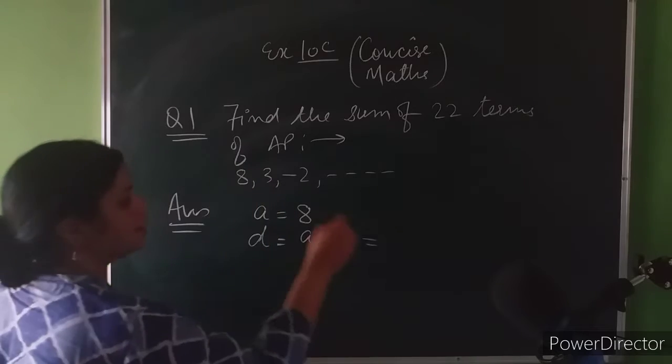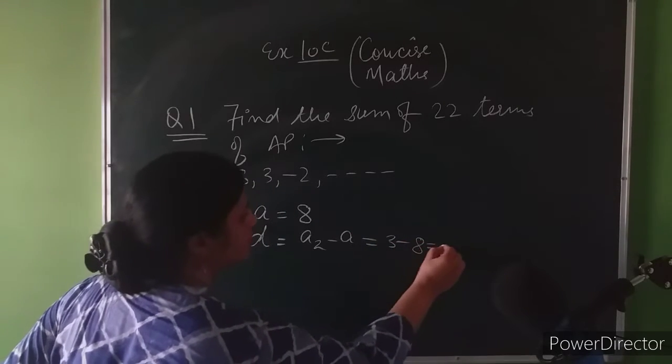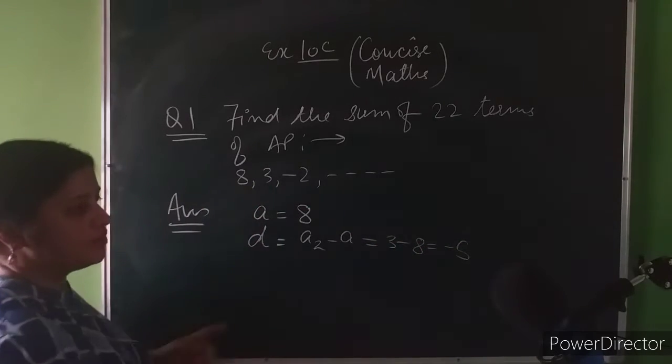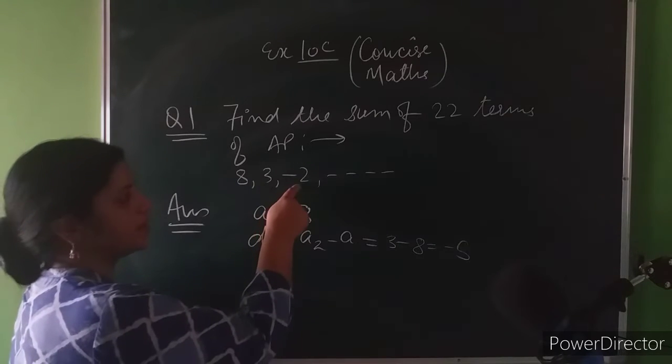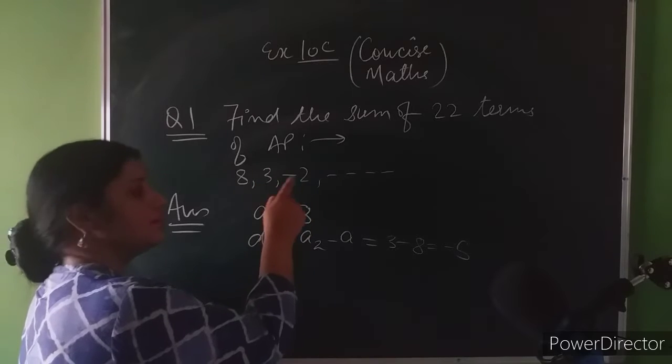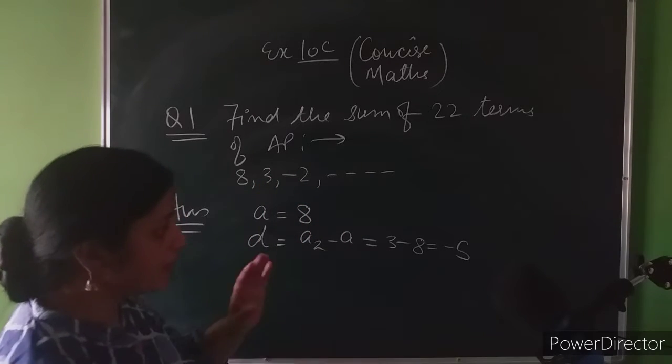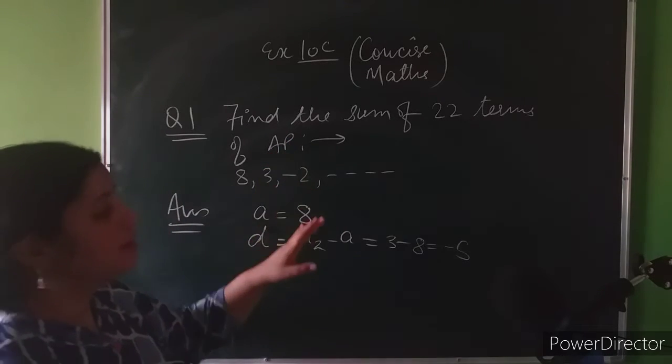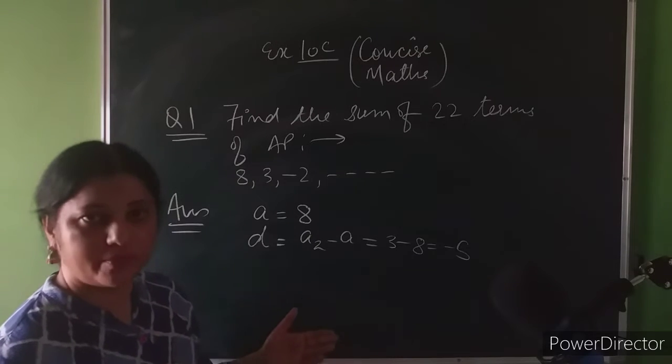A2 is 3, and 3 minus 8, the common difference is 5. Just, without calculation, check the next part also, whether this minus this will give you the same or not. Minus 3, minus 2, minus 3 will be minus 5 only. Otherwise, when it is said it is an AP, it is understood that there will be a common difference only,